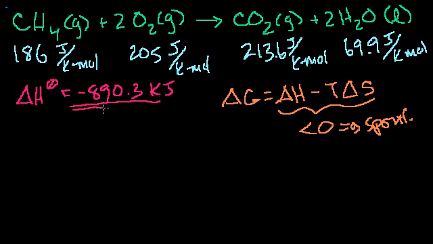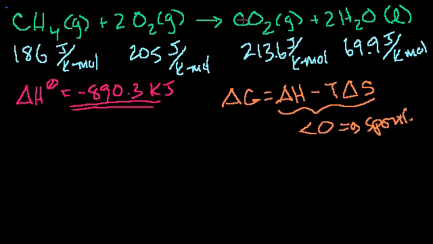And we know how to do that. We've done that several videos ago. You could just look up the heats of formation of each of these products. For water, you'll multiply it by 2 since you have 2 moles of it. And so you have the heats of formation of all the products, and then you subtract out the heats of formation of all the reactants. And of course, the heat of formation of O2 is 0, so this won't even show up in it. And you'll get minus 890.3 kilojoules,